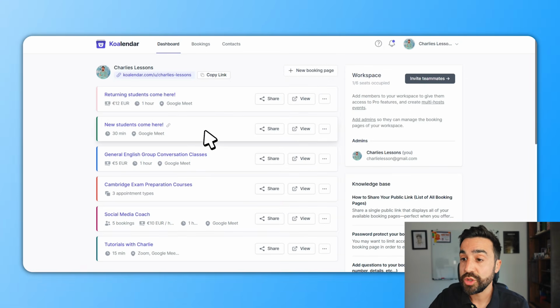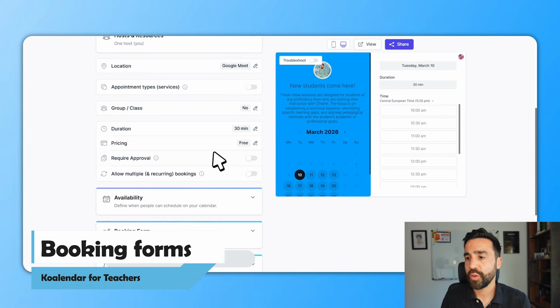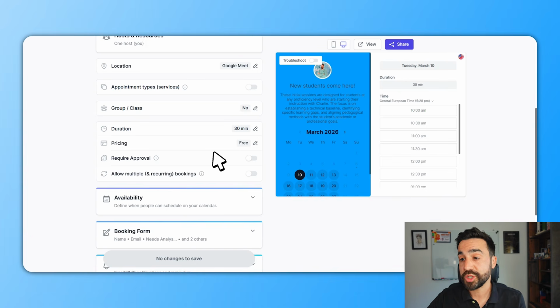I'm now going to show you behind the scenes so you can see why all of those booking pages appear differently. I'm going to go and show you first the new students come here booking page, which is the first contact my students have with me. This is probably one of the best things about Koalendar. So you can add a whole host of questions that you can ask the student before they receive their first